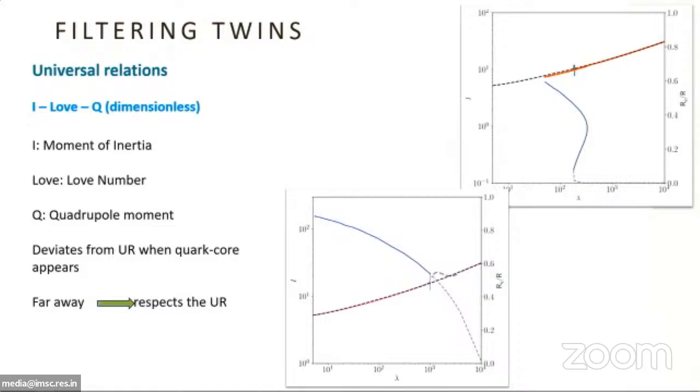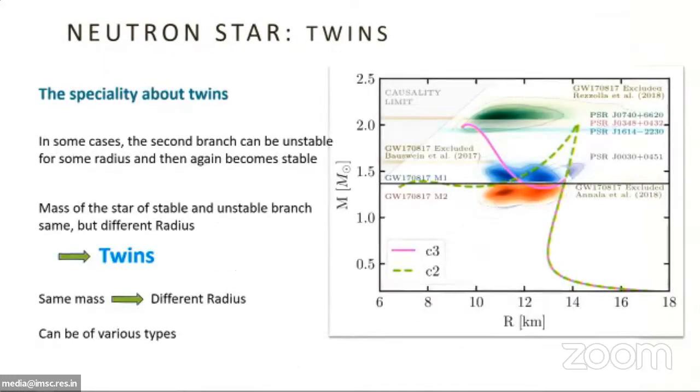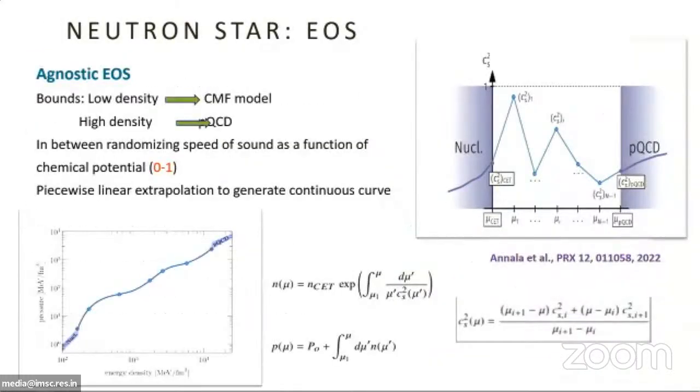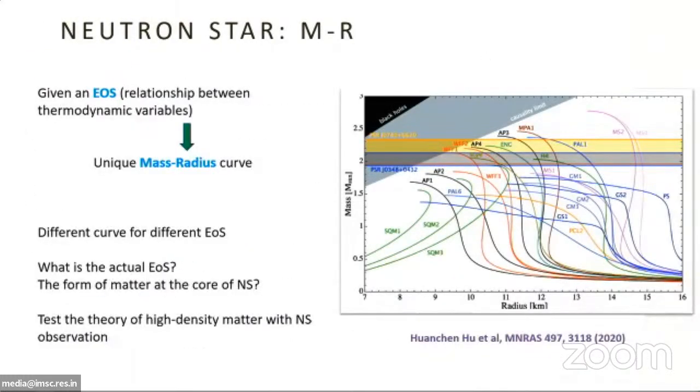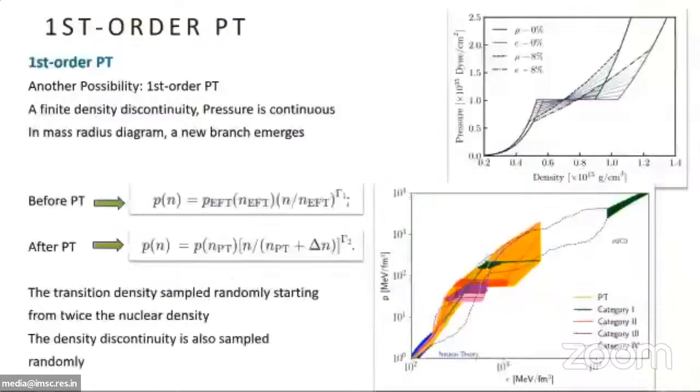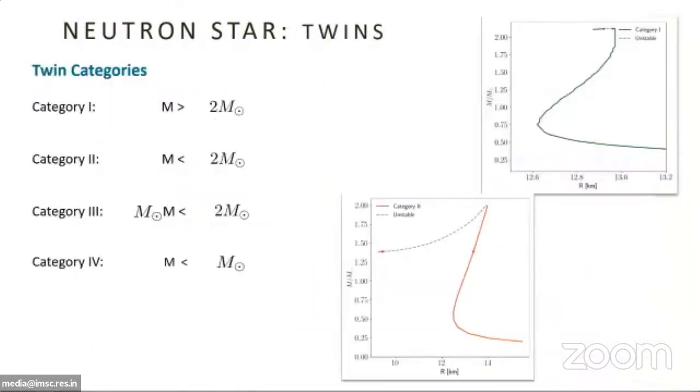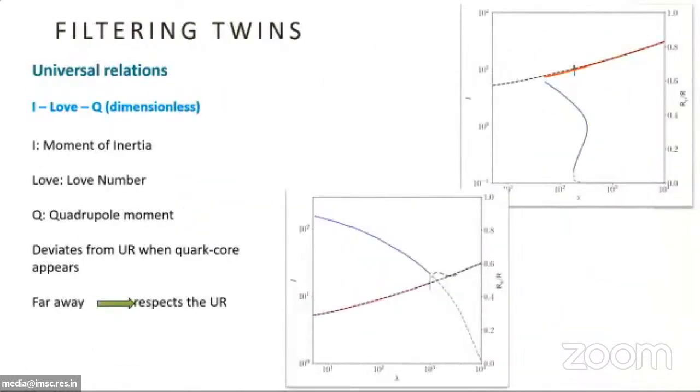This has an interesting property: whatever equation of state you take. Previously I told you that the equation of state are unique, because given an equation of state you have a different mass-radius curve; if you change the equation of state, your mass-radius curve differs. However, if I take these 3 quantities and make them dimensionless